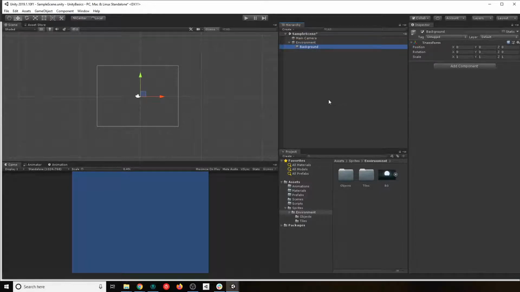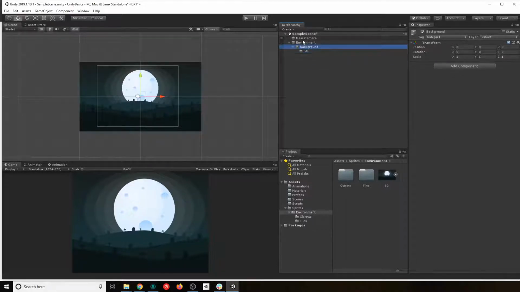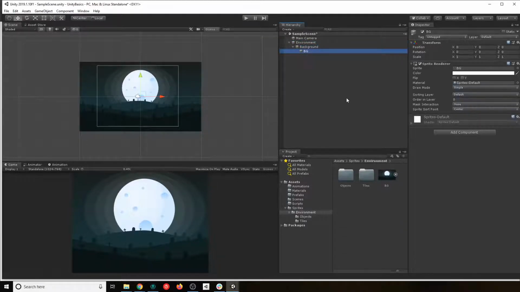On our background, we want to have our background sprite, right? Because we want to show that in our camera. You might think, okay, I'm just gonna drag and drop it here. That won't work because I'm trying to drag and drop a sprite where I only can have components. If I put it here, Unity is great on those things. It will just create a child with the sprite, but we don't want that. We don't want to be environment, background, and background.